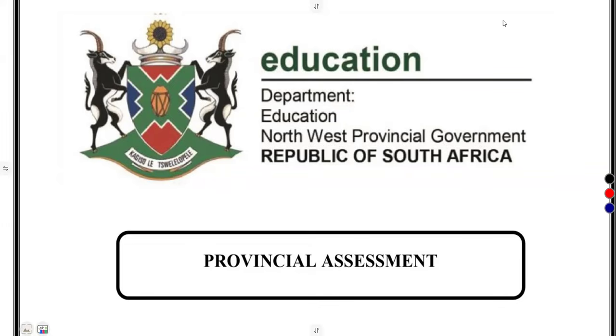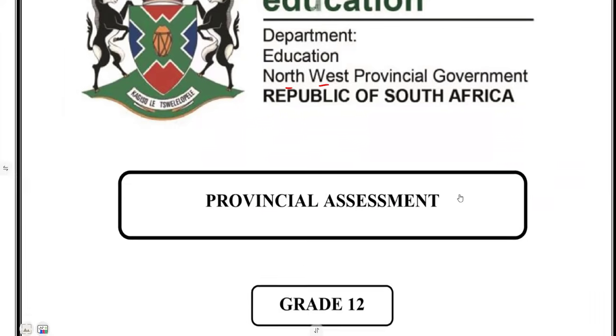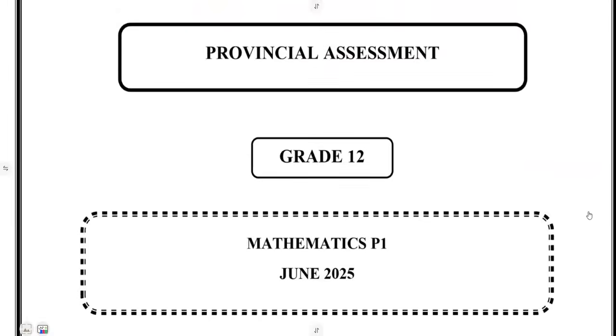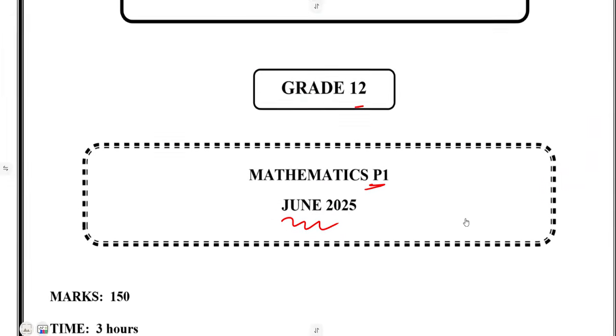We are still on our revisions, and this is from the Northwest province that we are going to consider for our grade 12 mathematics paper 1, which was written in June 2025. All right, so